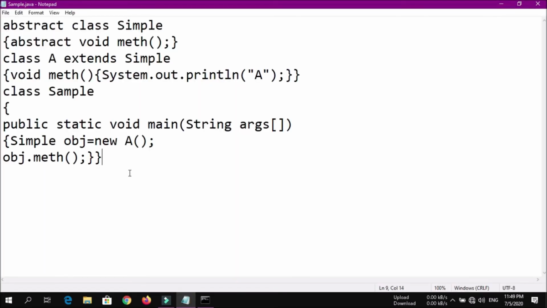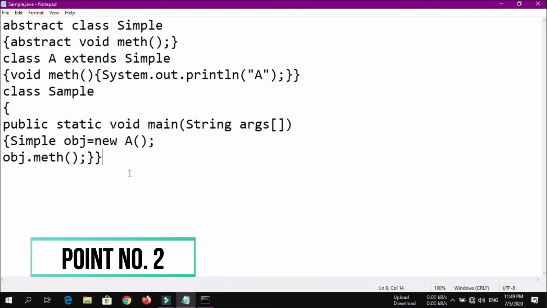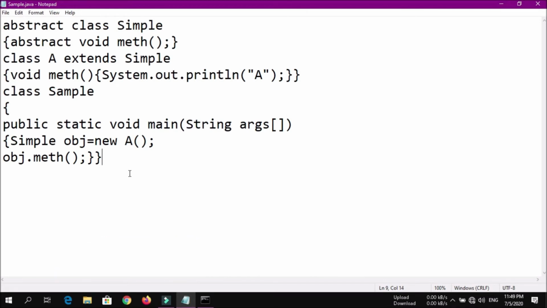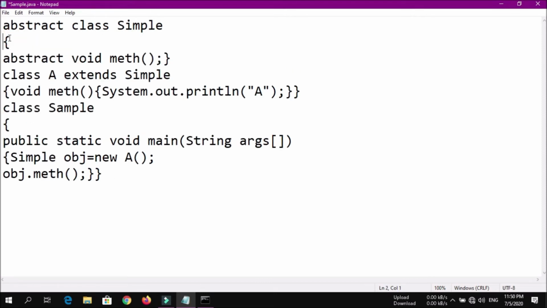And now we can also have abstract methods as well as non-abstract methods, final methods, static methods, and even a constructor inside an abstract class. Okay, so I'm going to create all of them in this example. So I'm going to create a constructor. The name of the constructor will be similar to the name of the class. So just write simple